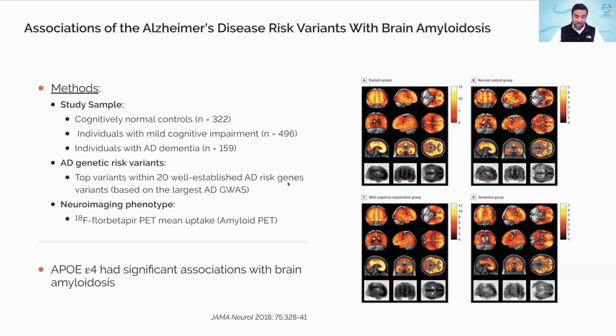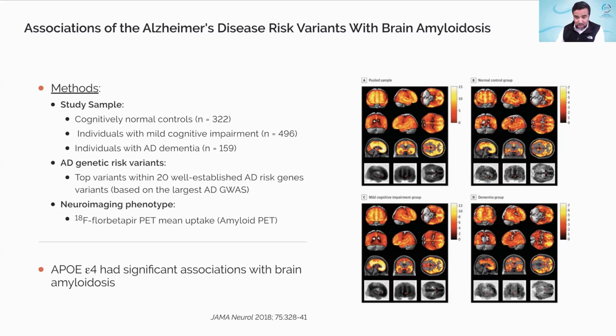disease genome-wide association studies. What was interesting is when they specifically looked at the APOE gene, which hopefully we'll hear about more from Dr. Sarangi later, there is a strong association with brain amyloid. This risk gene is associated with high risk for Alzheimer's disease, and it's estimated that if you carry the risk alleles, you're probably close to 8 or 10 times higher risk for Alzheimer's disease. So when they looked at this specific gene and risk variants within it, specifically the APOE4, it was clearly